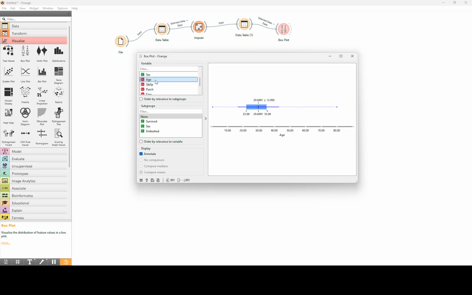Then we have age. Here we can see that the actual values reside between 22 and 35, whereas there are some outlier values that are very low or very high, far above the 95% of the averages, right? So why these values? If you want to keep the average values and remove the outliers, we can do that at a later stage also, right?